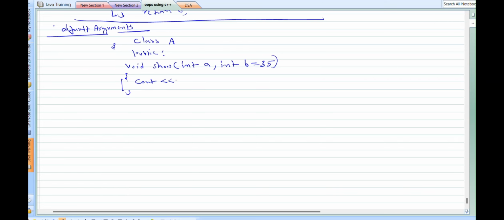Cout A is equal to A and B is equal to B. So suppose this is our simple class, and inside the main method